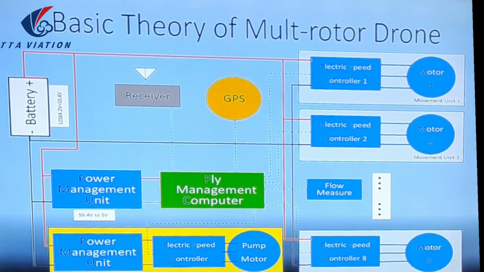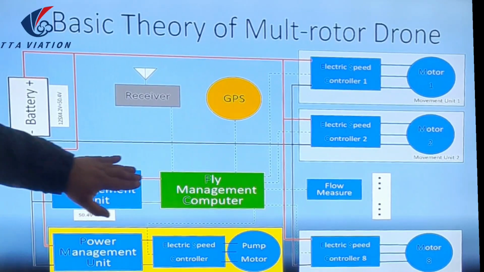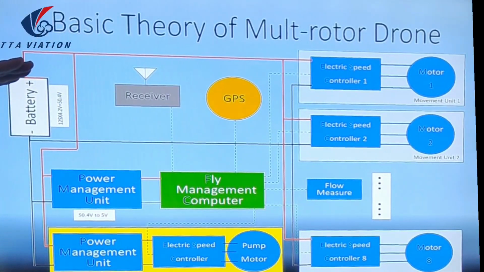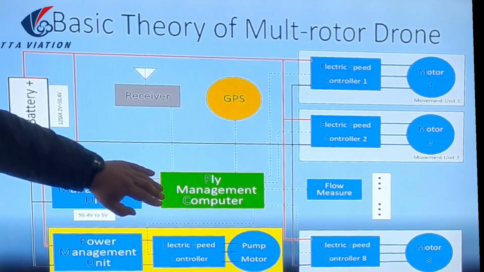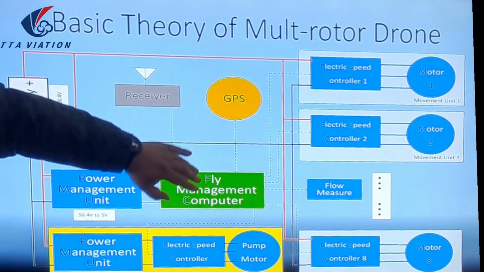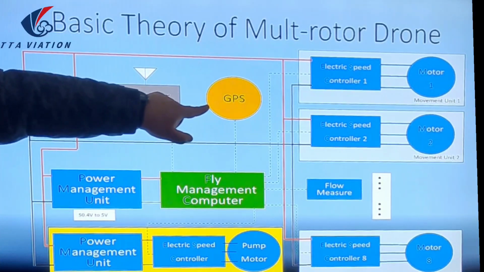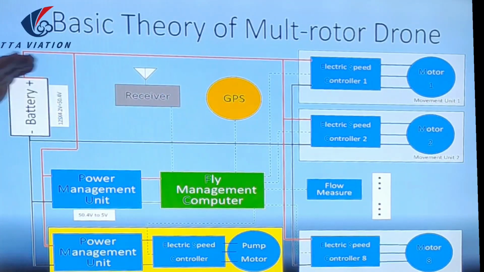So this device keeps the drone's gesture to make the drone balance in the air, and after this device knows the drone's location by the GPS device, it can control the drone to hover, or hold